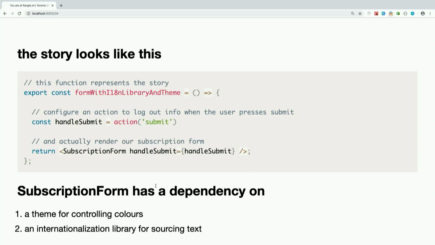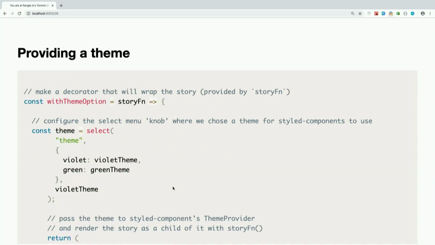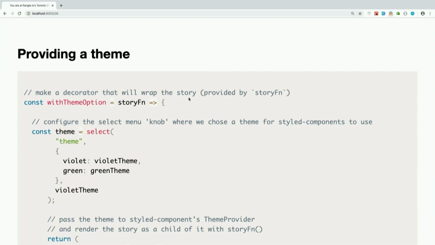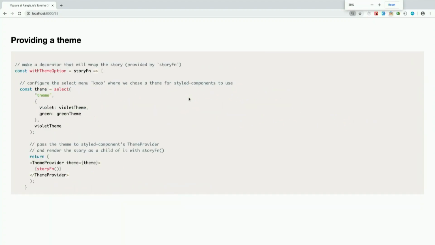What you can't see is that subscription form needs two other things. It needs a theme provider from the styled components library so that it can toggle between the green and the violet color. And it needs an internationalization library for sourcing text. And what that looks like, zoom out some more. Yeah, so in this case, I just had to write some more functions to provide